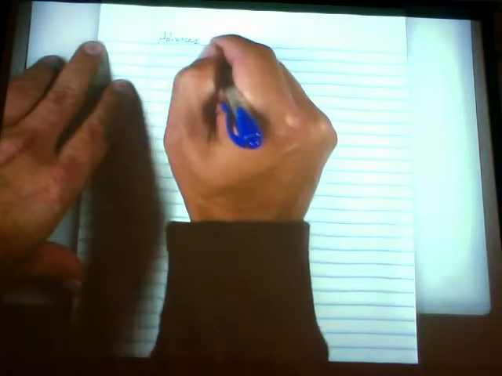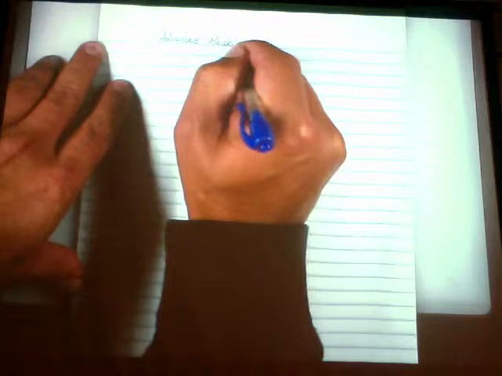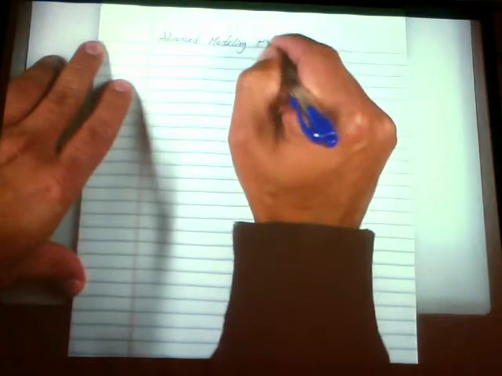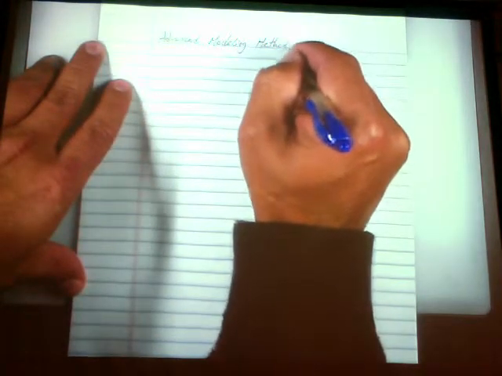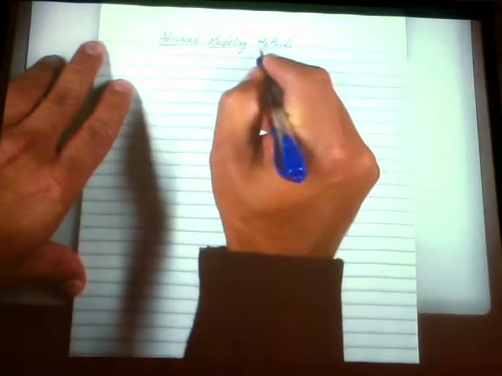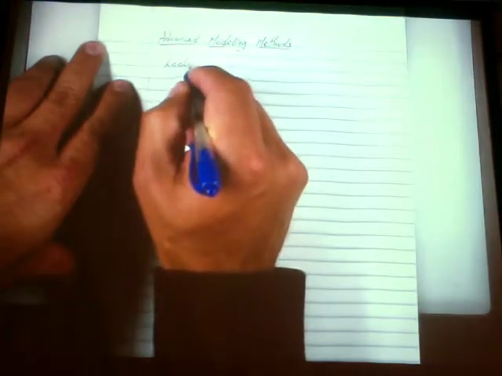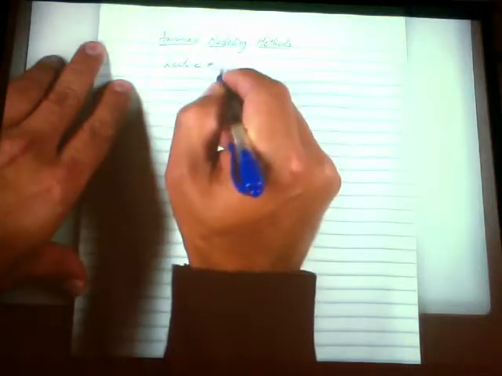So welcome to Advanced Modeling Methods again. This is lecture 11, right? Yes. Lecture 11. Advanced Modeling Methods, lecture number 11. All right. So we've been talking about the boundary element method, and we got to a point where we can actually